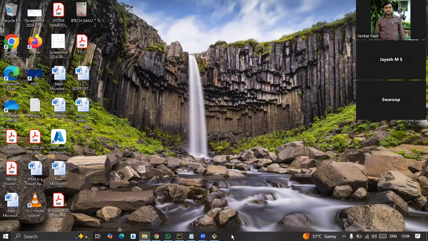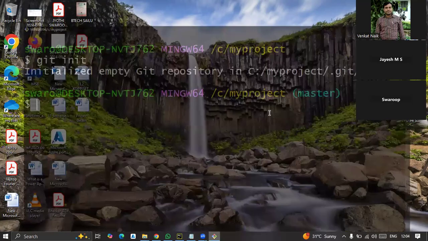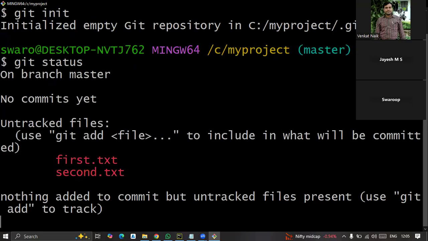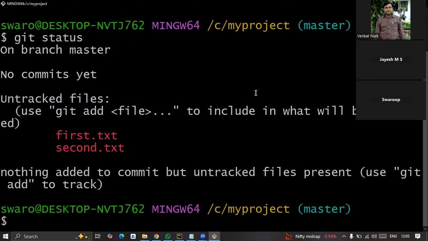Open the Git Bash. There is a command you use when you want to know the status of Git now. Git space status. Can you type git space status? What's the message you have got here? You have created a master branch under which